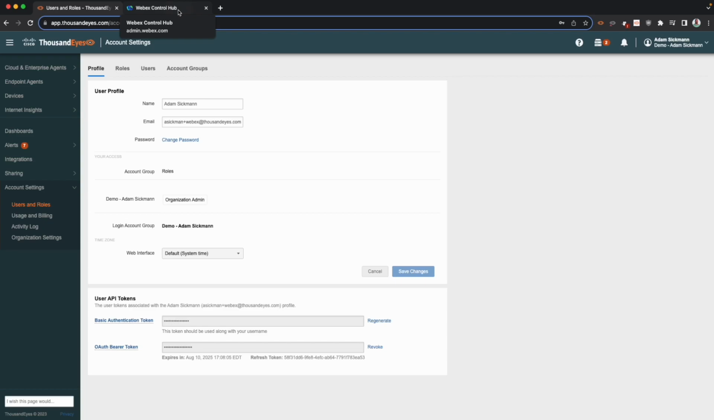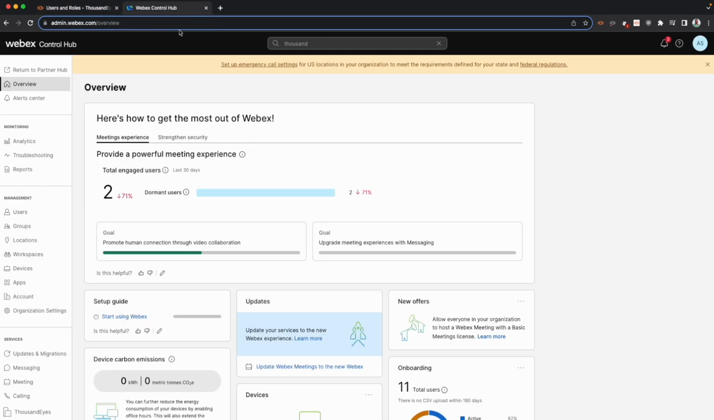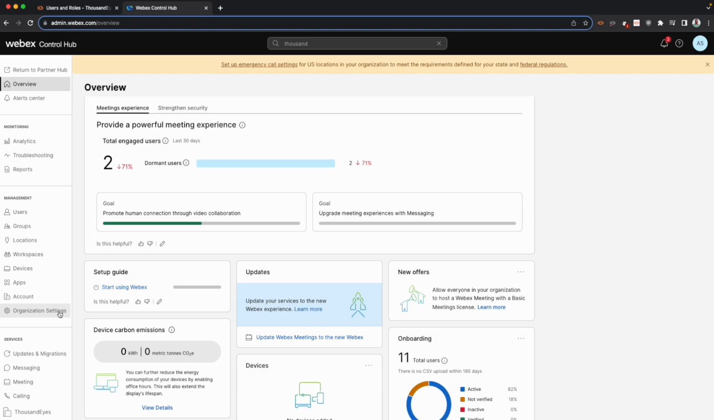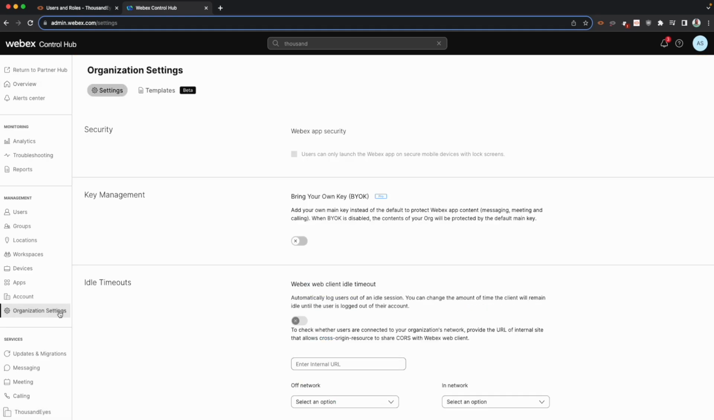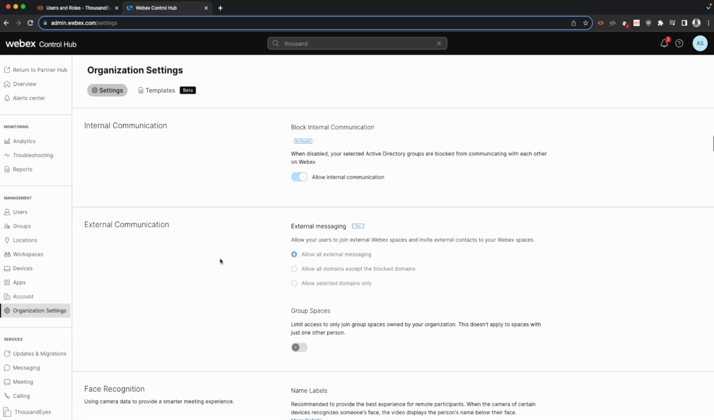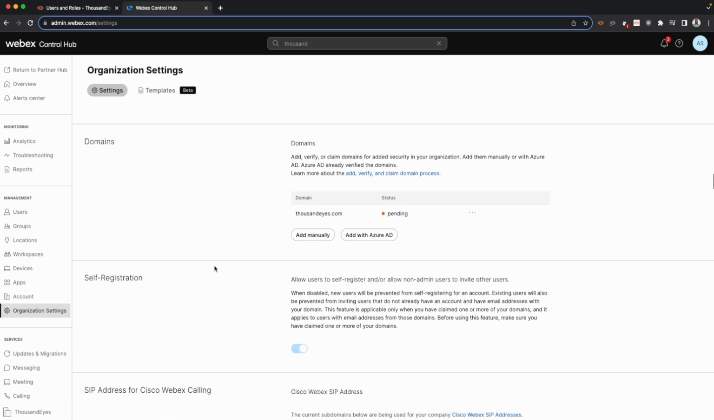Let's go ahead and navigate over to Webex Control Hub. And once we're in the overview page, to add our bearer token, we do that underneath the organization settings. So we scroll to organization settings here on the left. Open that up. We could do Control F for ThousandEyes. You could also search for it up here. You can see, I'm just going to scroll down. It's about halfway down the page